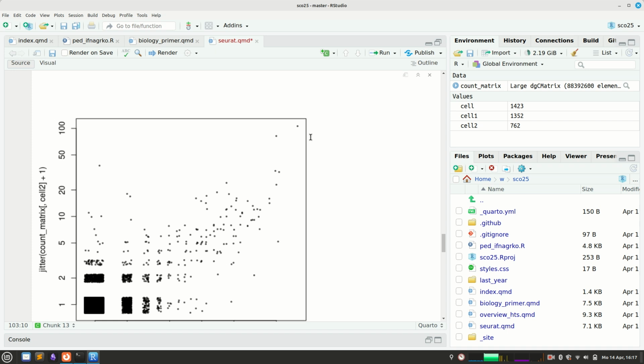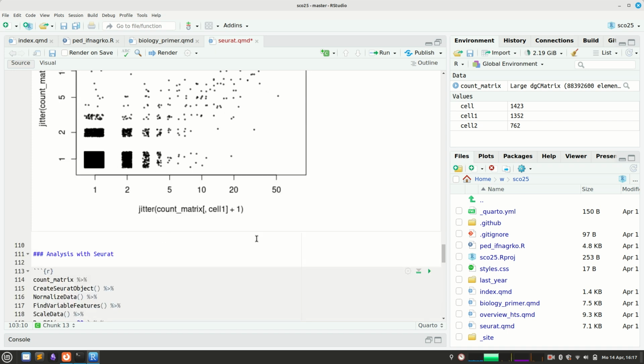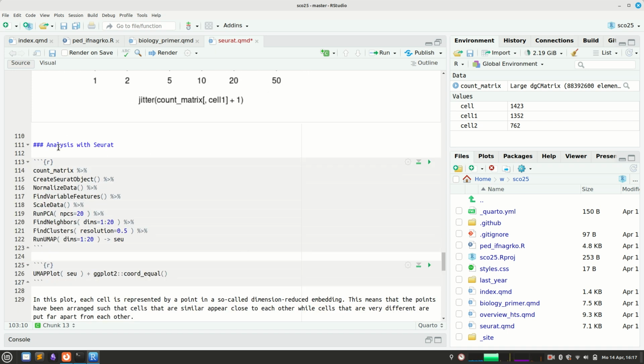You can also see that there are a lot of genes which are high in both cells and maybe even high in other cells, while this might be a gene which is really specific to the second cell and not at all used in the first cell. So if you want to find out what is different between these cells, maybe we should look at this gene and at that gene. Now, so far I only inspected this raw count matrix as we got it out of